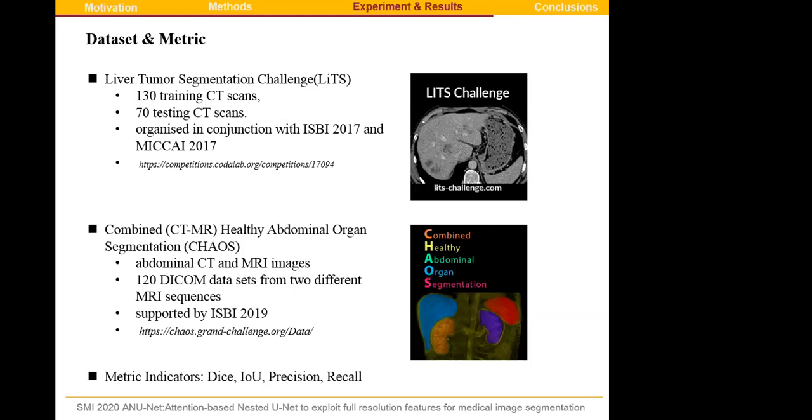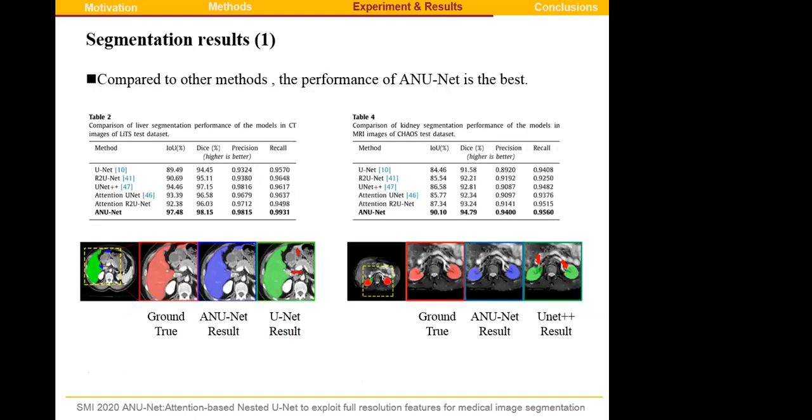And 4 indicators are used for evaluation. Compared to other methods, we can find that the performance of our work is the best in these 4 indicators. As you can see in the first table and the bottom left figure is the liver CT image segmentation